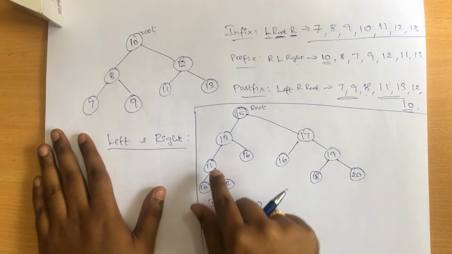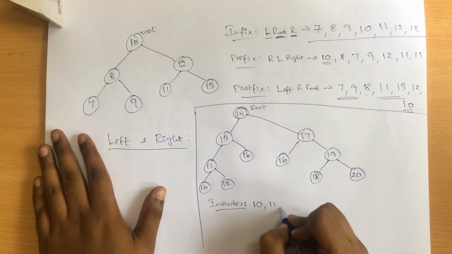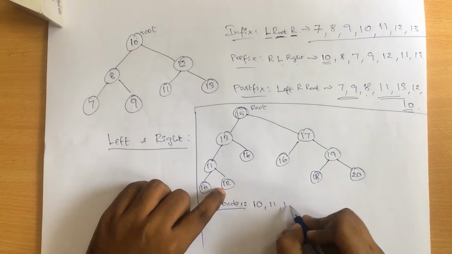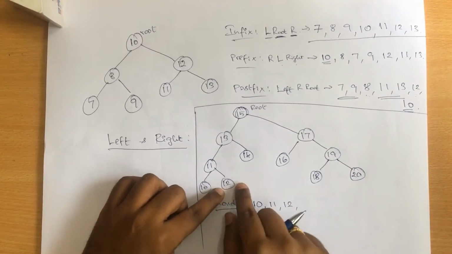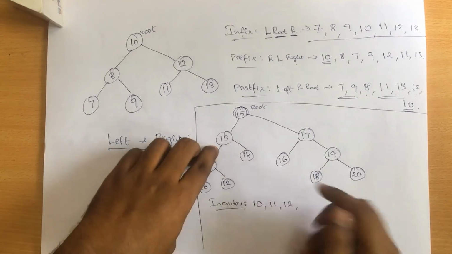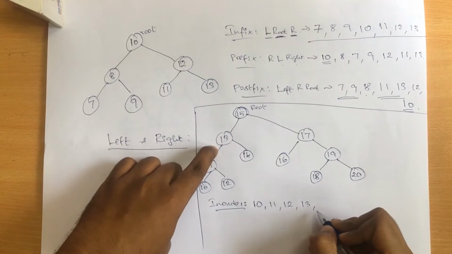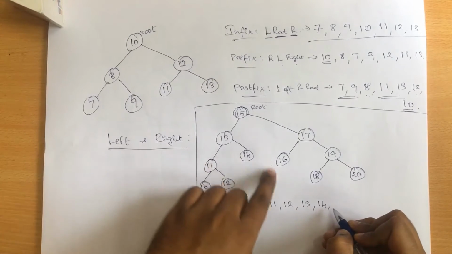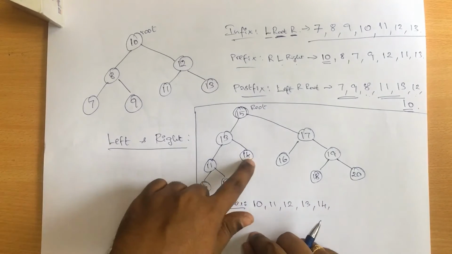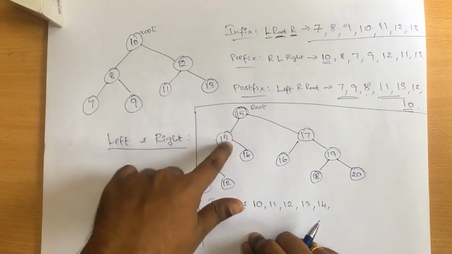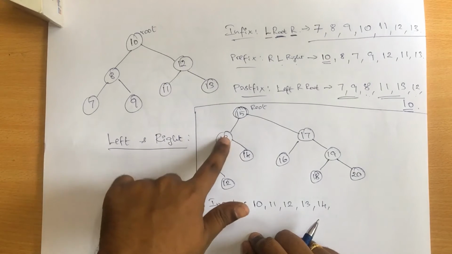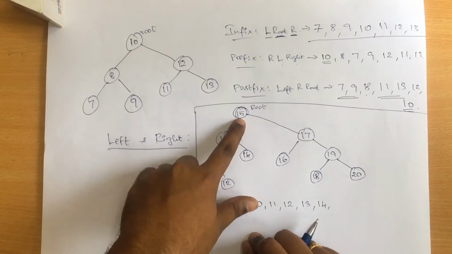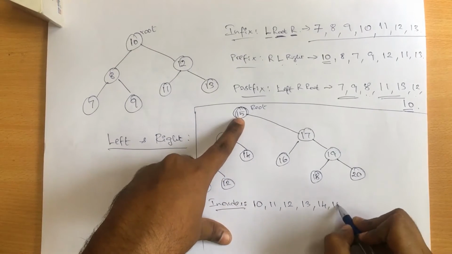Followed by 10, I'll go with the root node, that is 11. Followed by 11, I'll go with the next node, that is the rightmost node, that is 12. After 12, we don't have any other node, so come back to the root node, that is 13. Now after 13, I have to go with 14. After 14, there are no such nodes to proceed with, so you'll be moving back to your root node, that is 13. So 13's left is already done, so you'll move back one step to the top, and you'll print the root node, that is 15.